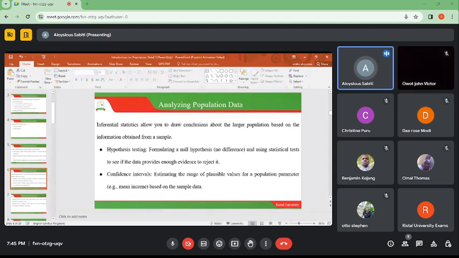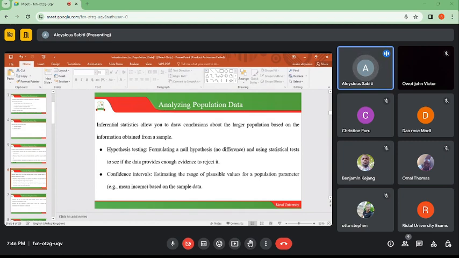So, for example, in your research question, if your null hypothesis is that all women who attend antenatal care have live babies or live births, then through your research you can be able to prove whether antenatal care or attendance of antenatal care is actually an automatic lead into having a live birth,